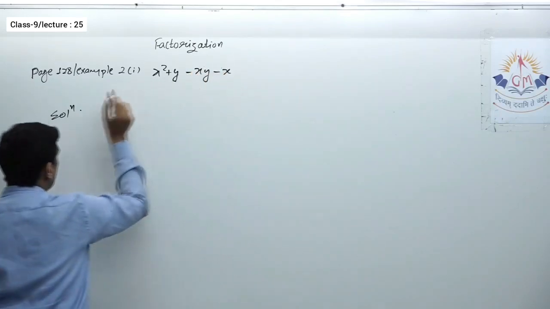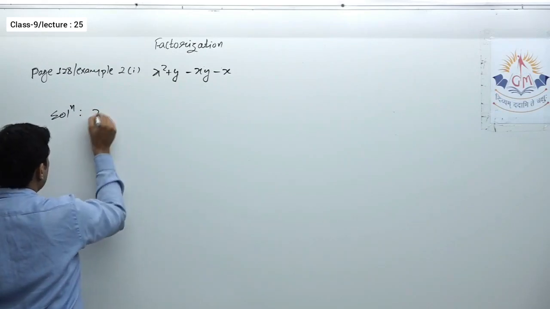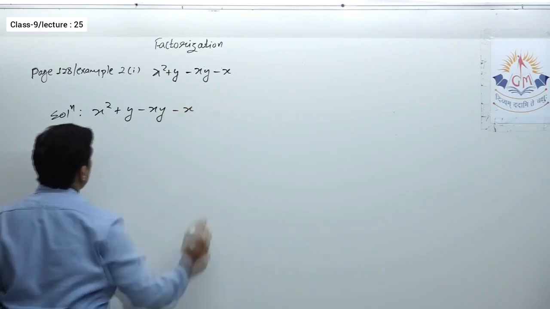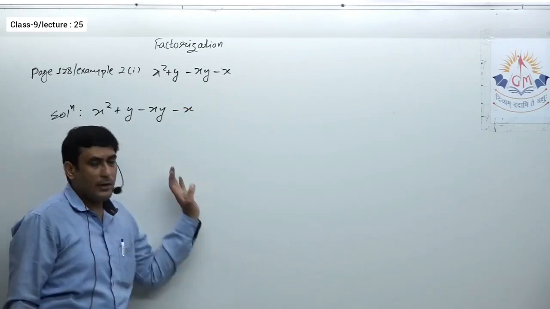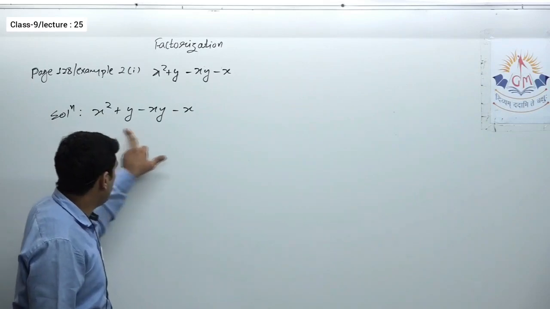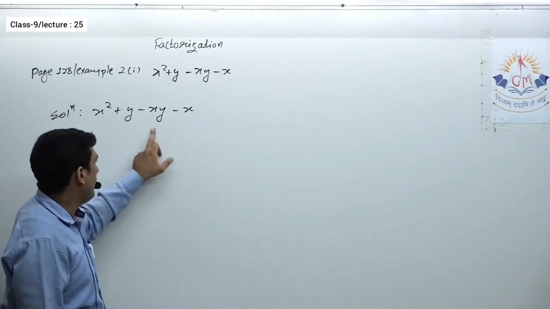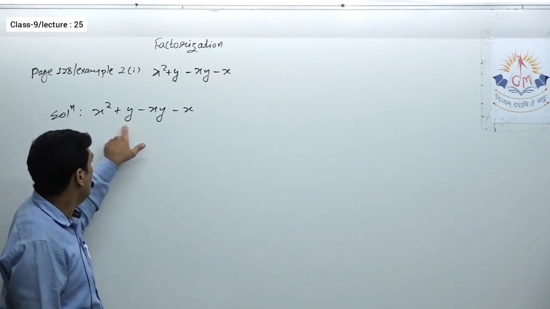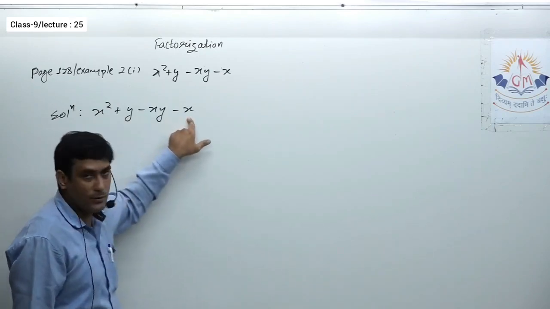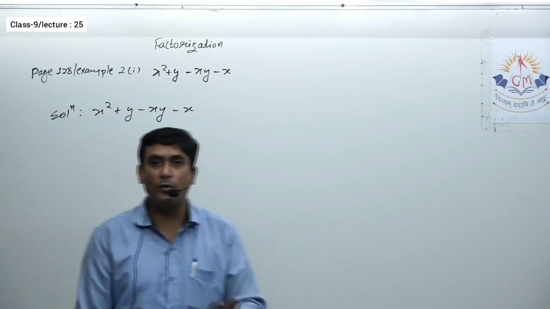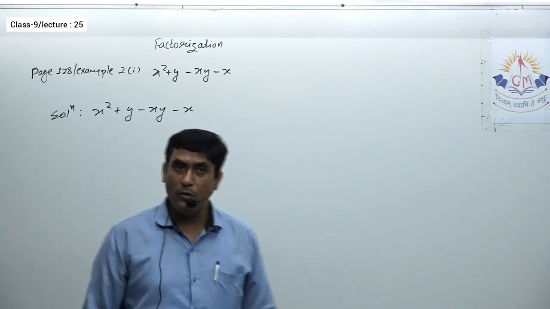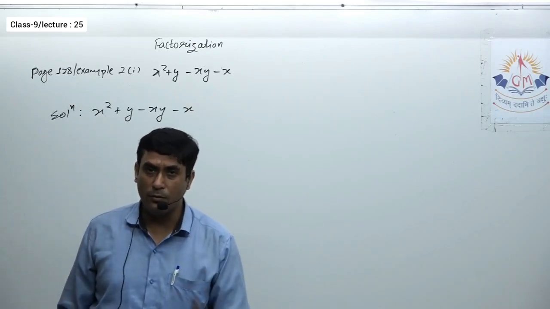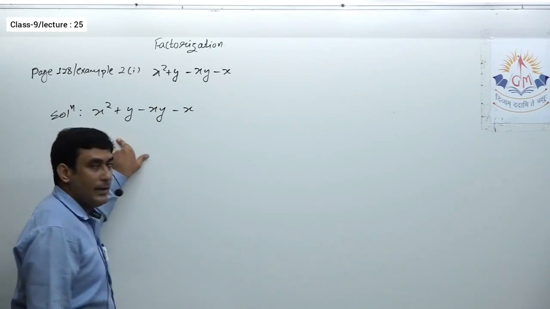Now, why I took this, although it is very easy, still I am solving this for you. Let us see why. Okay, now there are four terms. First of all, there is nothing common in these four. These three terms have x, but this one does not have x. These two have y, but these two do not have y. That means it is very clear that it is not possible to take common from all four terms. That means we have to take common from first two and next two and so on, whatever. Okay, that means here we have to make groups.